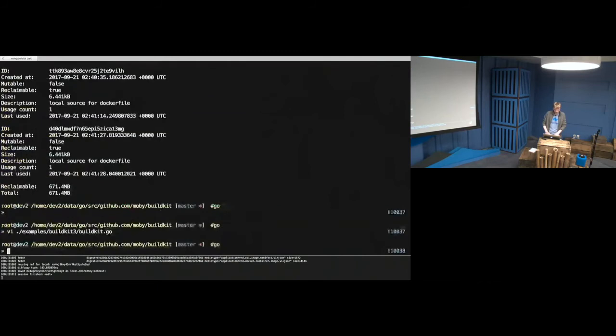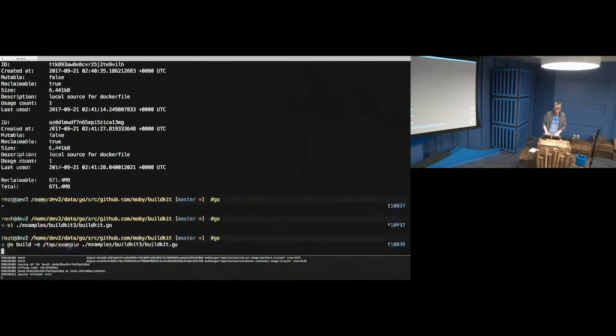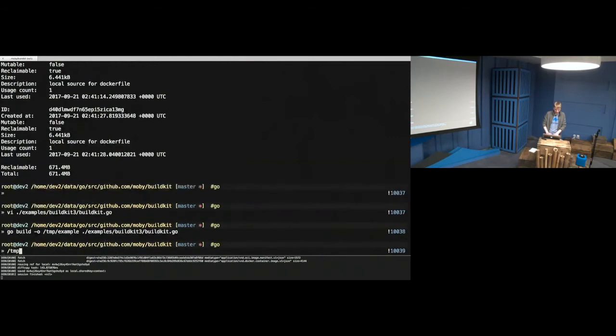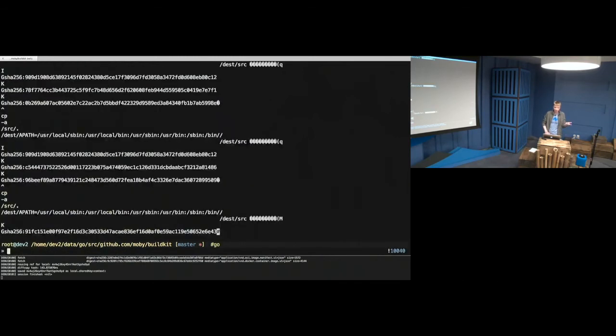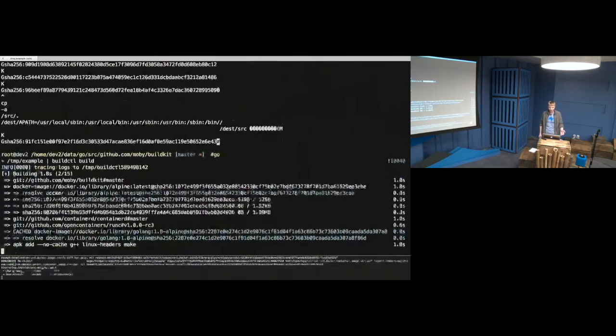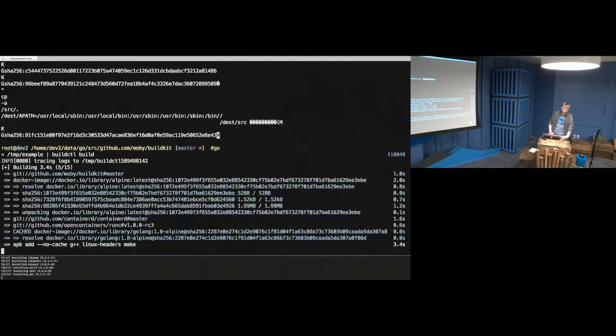So let me build this one quickly. I'm just building this script, and if I just run it, it will just print out this garbage definition, this binary definition that's unreadable. But if this time I do not use a frontend, and I just directly pipe the definition to the builder, the difference you see is that basically instantly